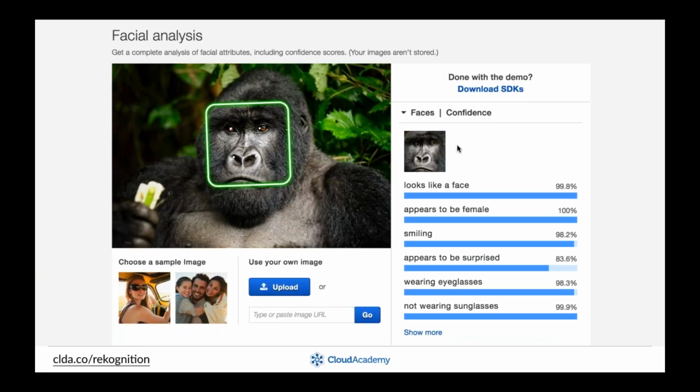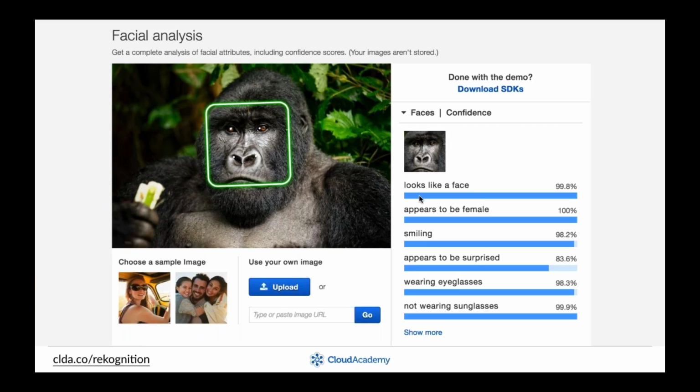What about other types of errors? Well, officially the API is not supposed to work with animals in general. You can detect a cat or a dog or many other animals with the object detection. So you will see labeled things like cat or dog or mammal or stuff like that, same as human. But if you run the facial analysis on a dog or a cat, you will not detect any face. But I noticed that it actually kind of works with primates and apes. So this is quite interesting, and